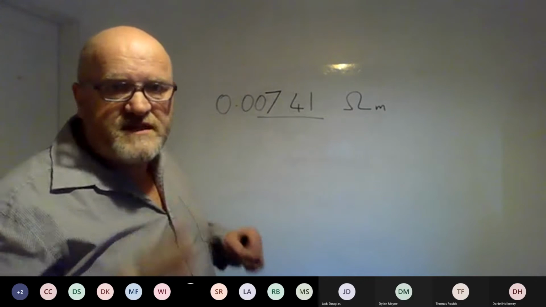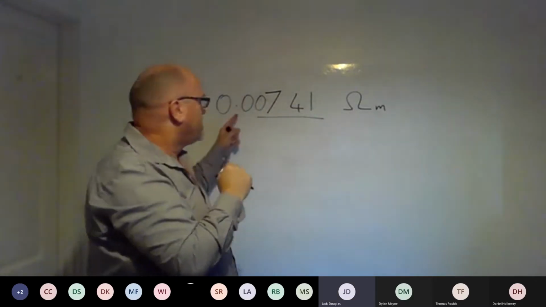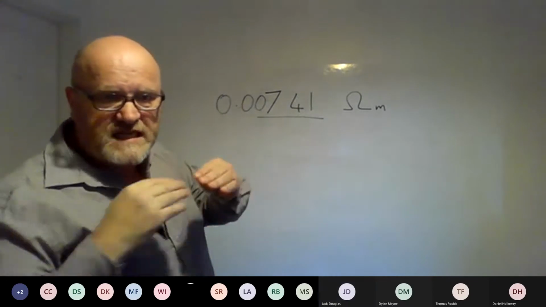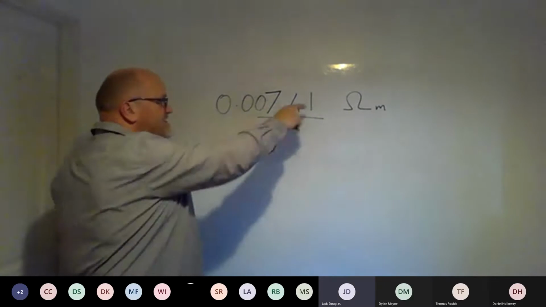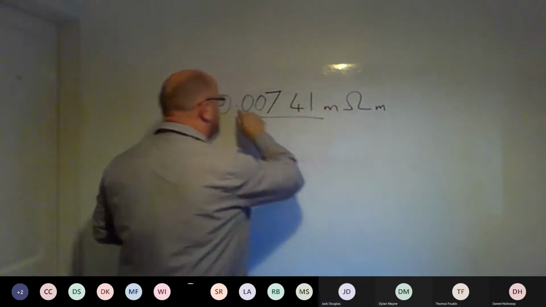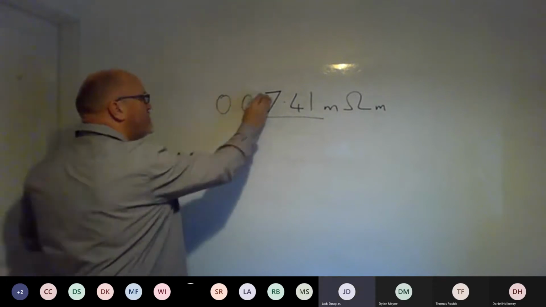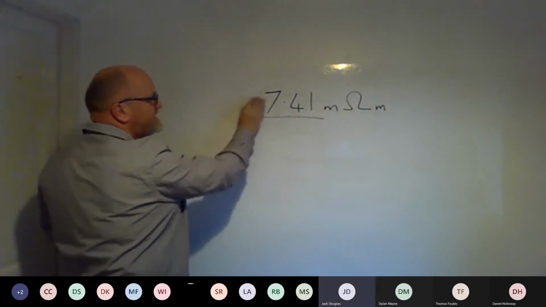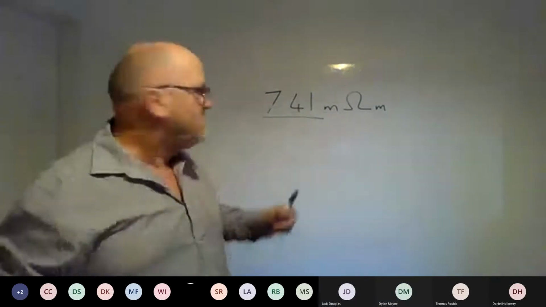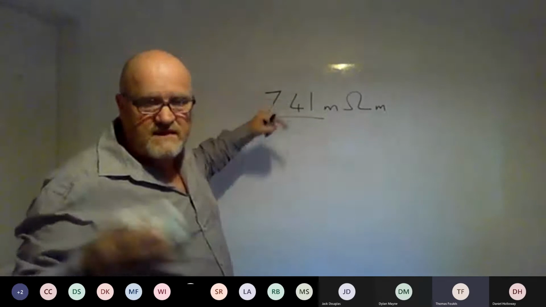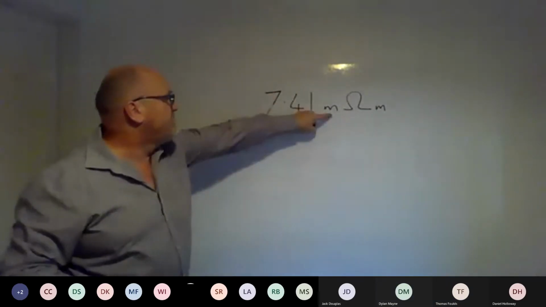Now, the reason it's milliohms per meter in the book is just so you don't have these stupid numbers. If you look down the book, as the cables get bigger, the numbers get smaller, so you don't make a mistake. All they've done is turn it into milliohms, moving the decimal place 3 places to the right, and then you've got 7.41. The on-site guide assumes that you already know what you're doing. It's not designed for students, it's designed for electricians on the site. So it's expected to know this, but it's done in milliohms.